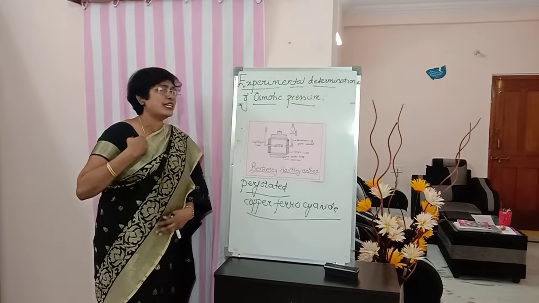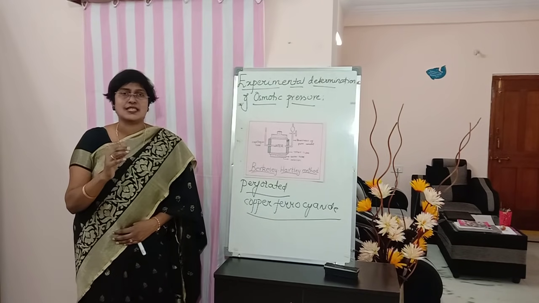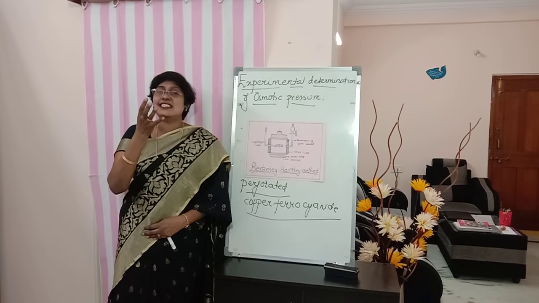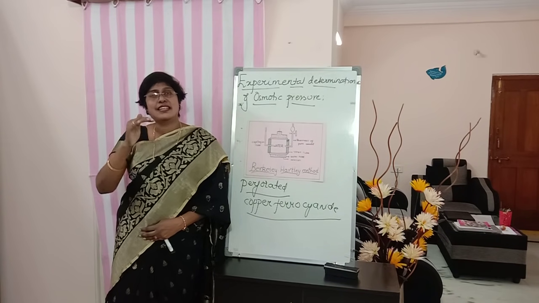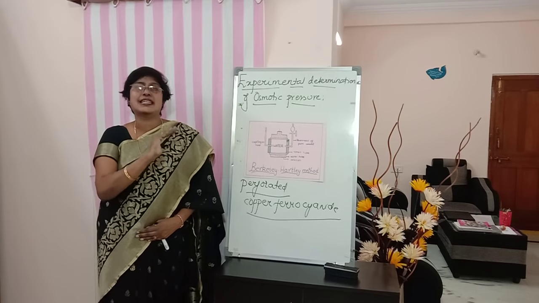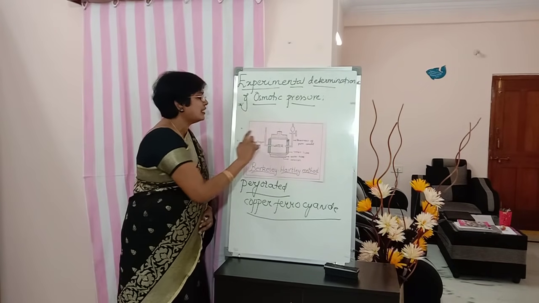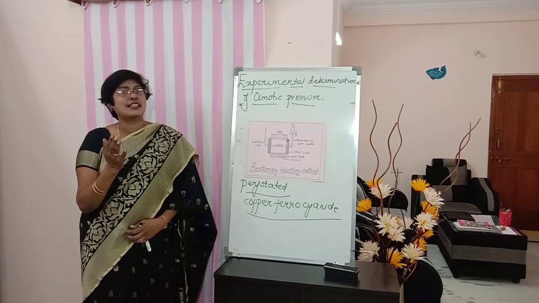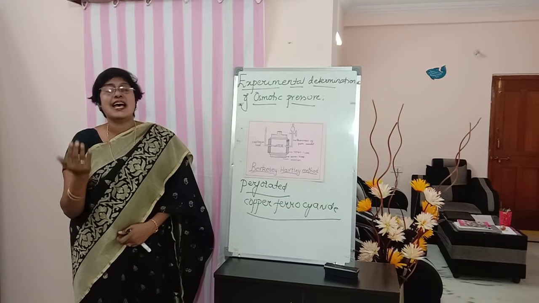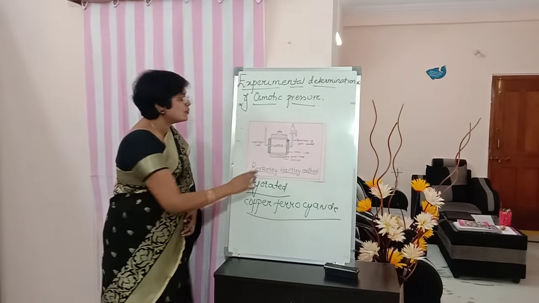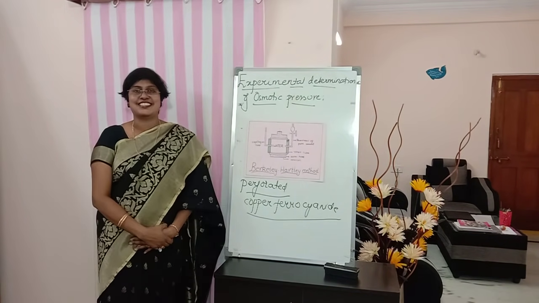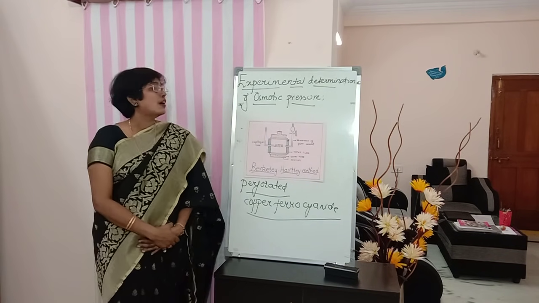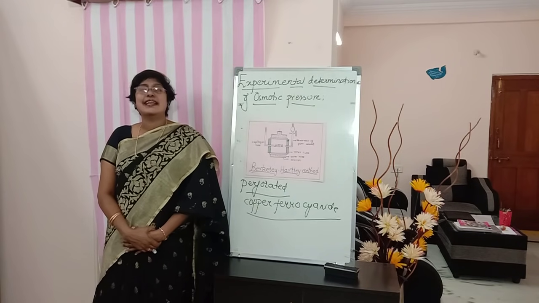Solvent is going back means what? We are preventing osmosis. And how long is this external pressure applied? This external pressure is applied until the solvent goes back and reaches the original level in the capillary tube. And how much pressure is applied? How will we know? That is recorded by a pressure gauge, and that will be equal to the osmotic pressure of the solution. Okay, so that is how osmotic pressure is determined experimentally.